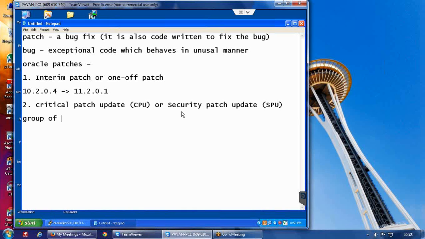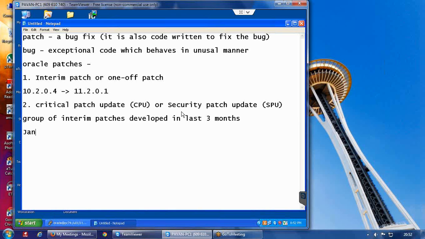A group of interim patches developed in the last 3 months. This is what is meant by critical patch update. Oracle commonly has a mechanism that every quarter it releases patches.